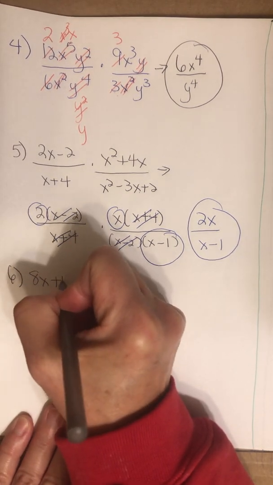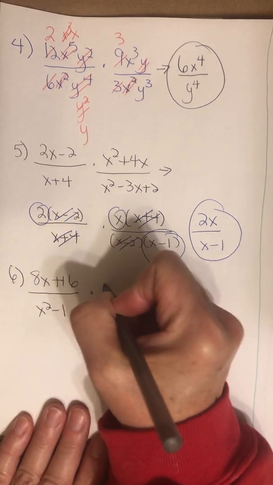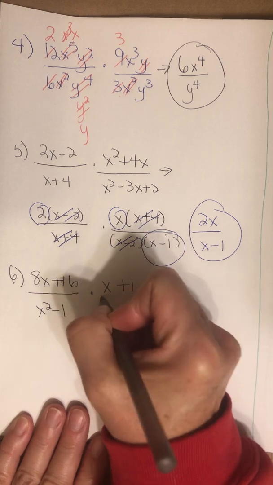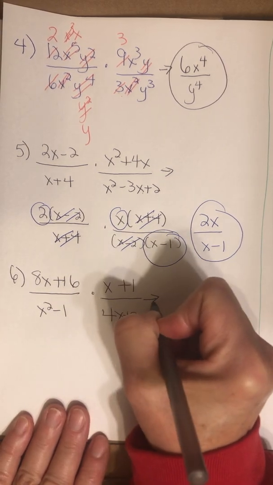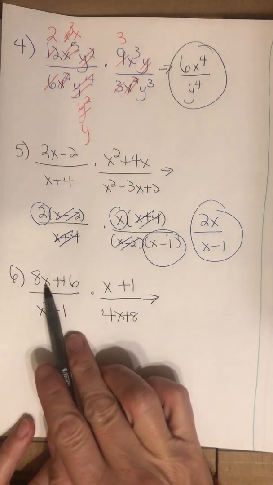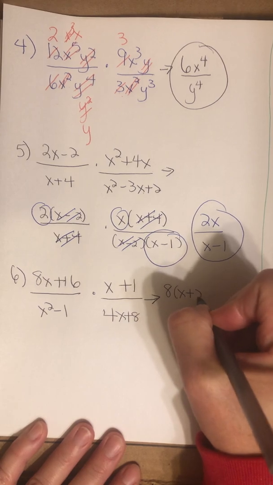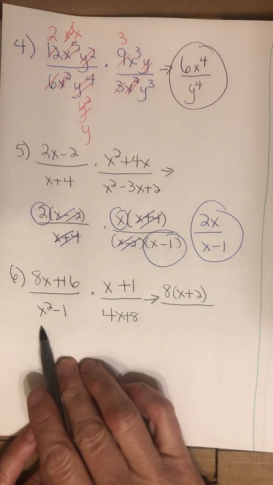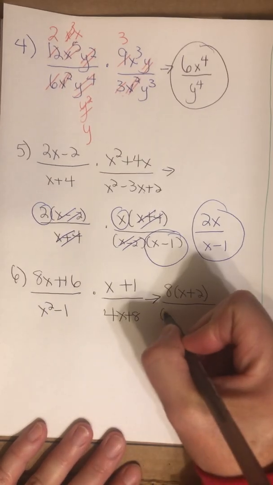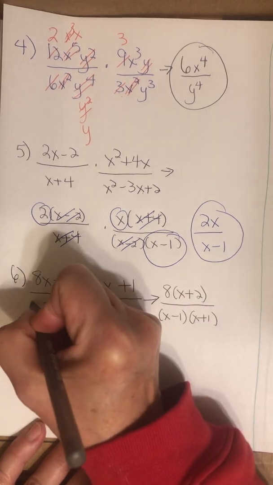8x plus 16, x squared minus 1. Oh, that will be our first difference of squares, right? We're used to that pattern. Okay, let's factor. Numerator on the left, greatest common factor of 8. Denominator on the left, difference of squares, that factors to x minus 1, x plus 1, right? When you do the square roots,